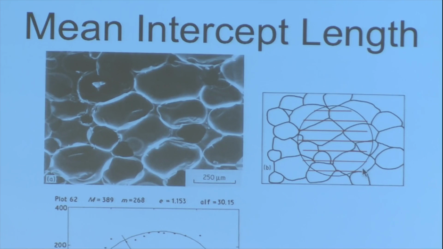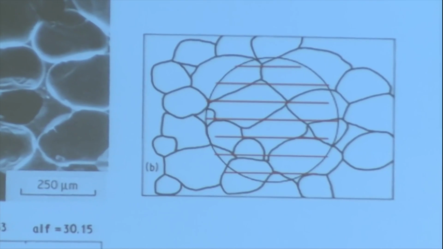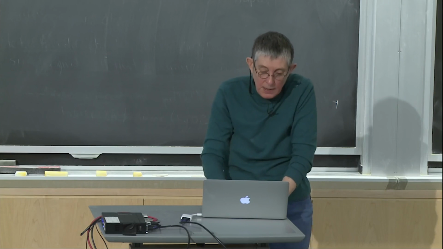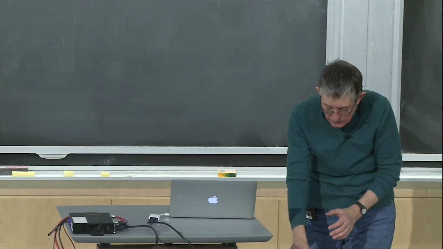And then what people do is they draw a test circle. So here's the test circle here. And they draw parallel equidistant lines. So the lines here are parallel. They're all at, say, 0 degrees, and they're all the same distance apart. And then they count the number of intercepts. Say we went on here, the cell wall intercepts here, there's one, it intercepts here, and then they go up here, here's another intercept, here's another intercept. So they count the number of intercepts of the cell wall with the lines, and then they get a mean intercept length, which is characteristic of the cell dimension.